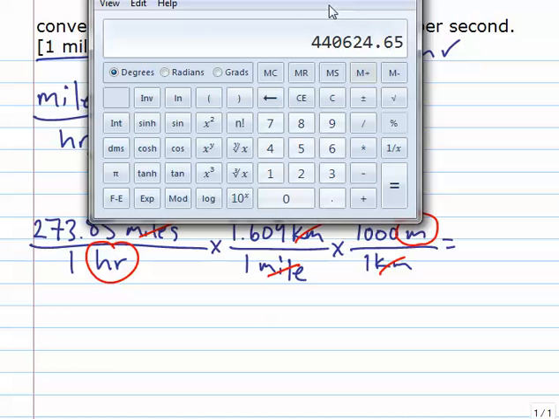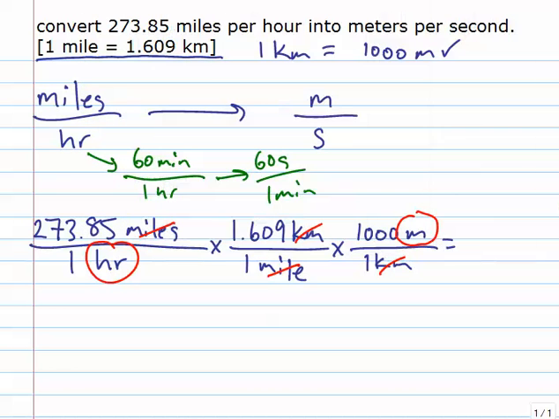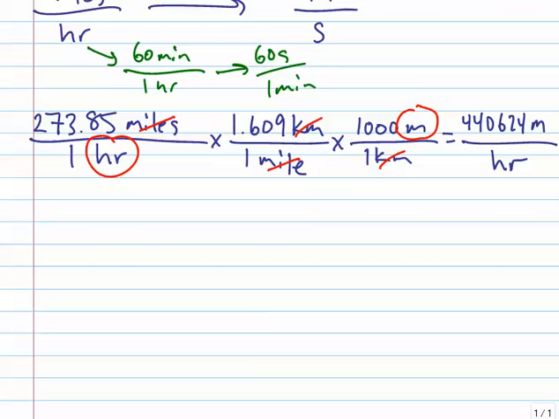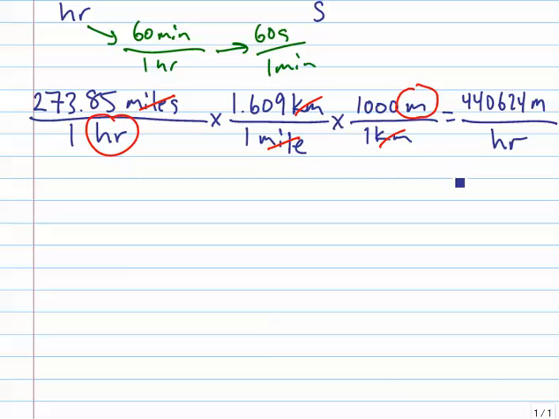So my calculator spits out this number. I have 440,624. I think that's enough figs. This is meters over hours. So meters per hour. But I want meters per second, so now I have to continue on to convert my